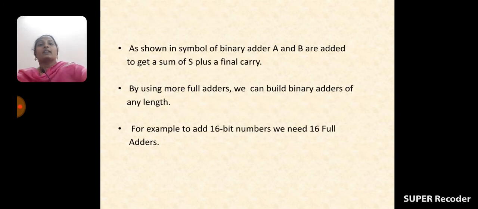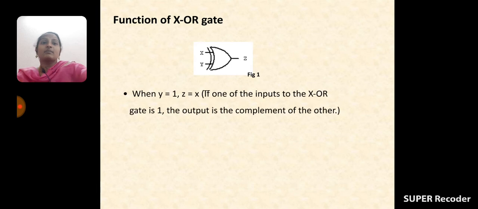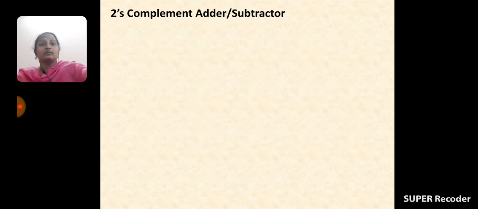A 4-bit parallel adder requires 4 full adders, and it will add the set of bits A to the set of bits B, and sum and carry will be produced. But now we are going to discuss adder and subtractor in the same circuit. So our next topic is adder and subtractor. Before going to that, once you see here,